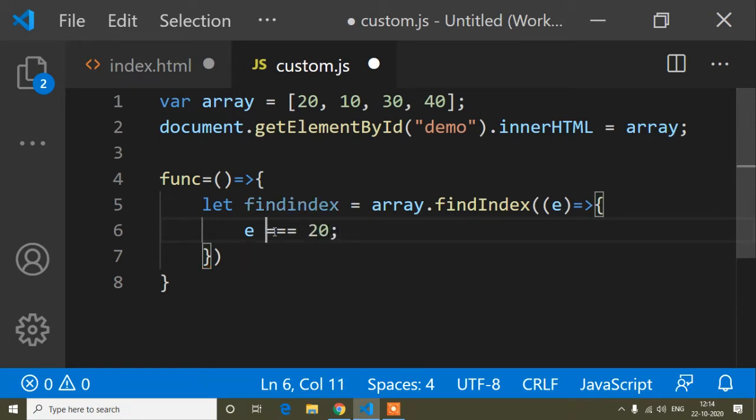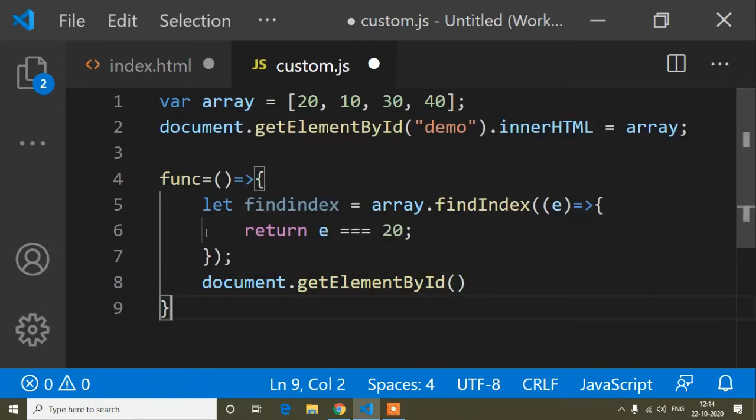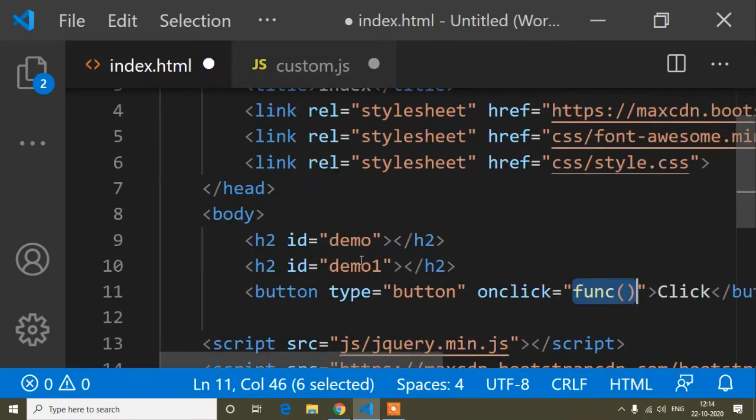Before that I have to write return and a semicolon, and here document.getElementById, and after using the findIndex method I will show it in the demo1 id.